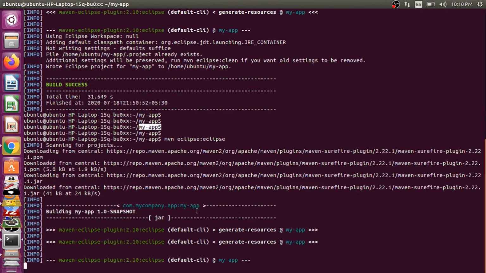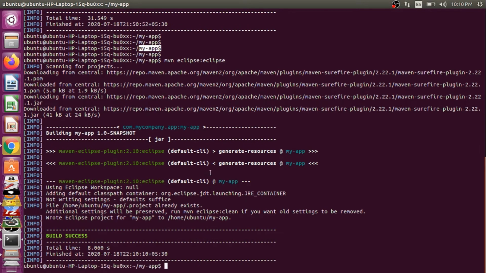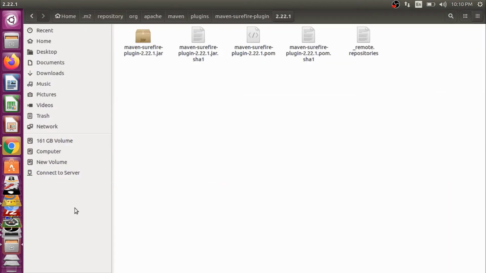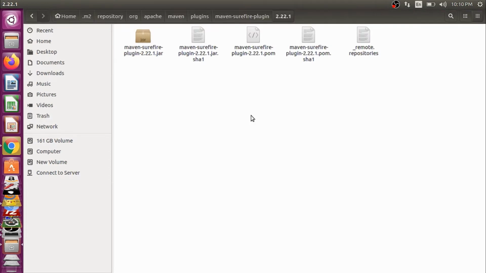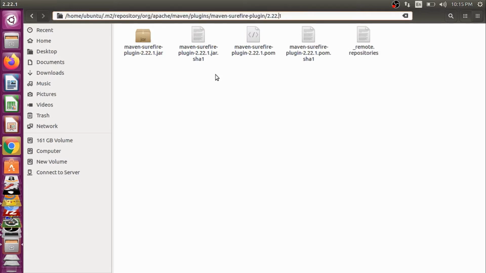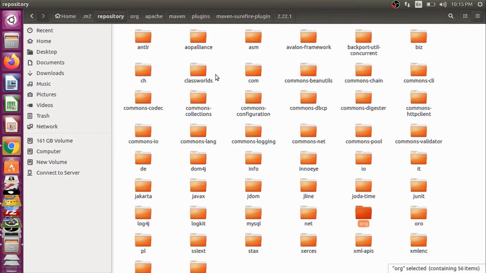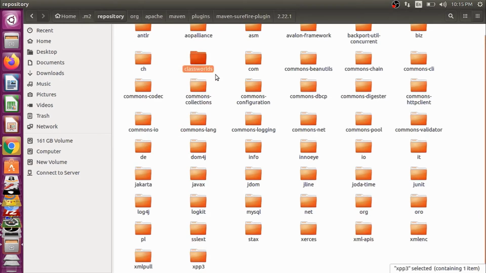See here, Maven is downloading the jars again, and let's see if the jars are available. Yes, the jars are available and downloaded at the same path. I just showed you for one jar, but Maven has downloaded all the required jars and kept them in the respective folder in repository. Now I think that repository is clear to all. Let's move ahead.